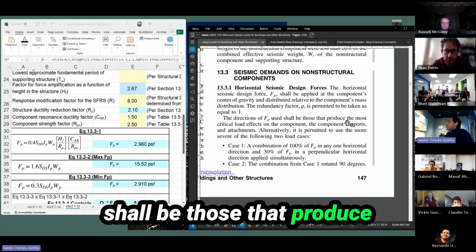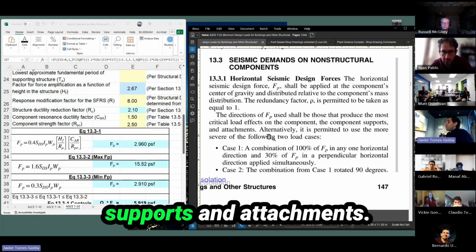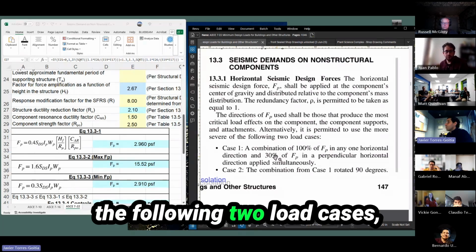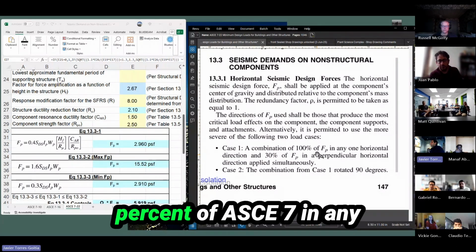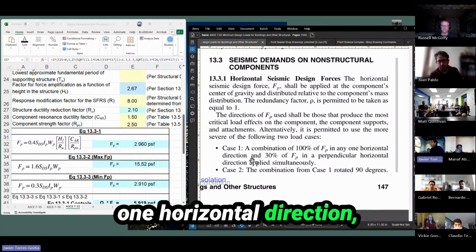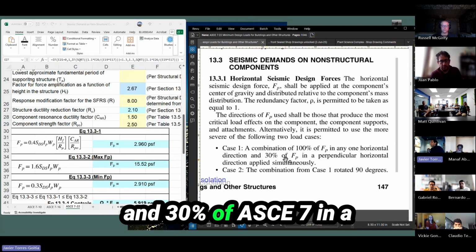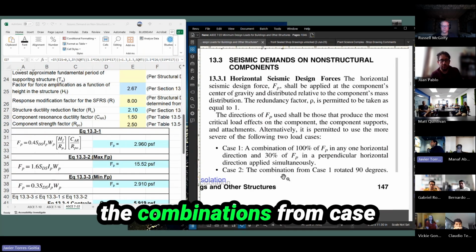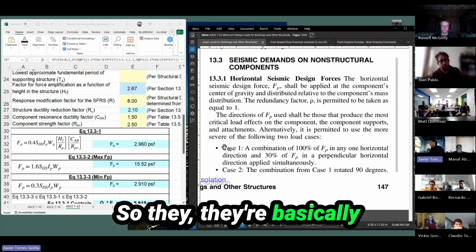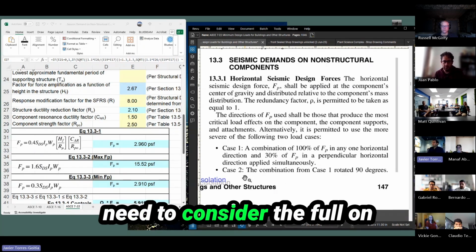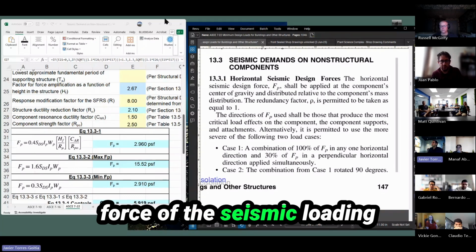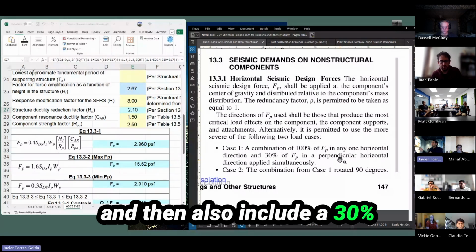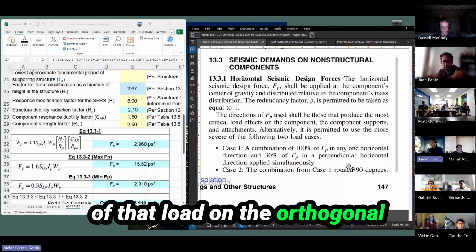Okay, so if you see here, the direction of FP used shall be those that produce the most critical load effects on the component supports and attachments. Alternatively, it is permitted to use the more severe of the following two load cases. A combination of 100% of FP in any one horizontal direction and 30% of FP in a perpendicular direction applied simultaneously, or the combinations from case 1 rotated 90 degrees. So they're basically saying the same, but now we need to consider the full force of the seismic loading, and then also include 30% of that load in the orthogonal direction,